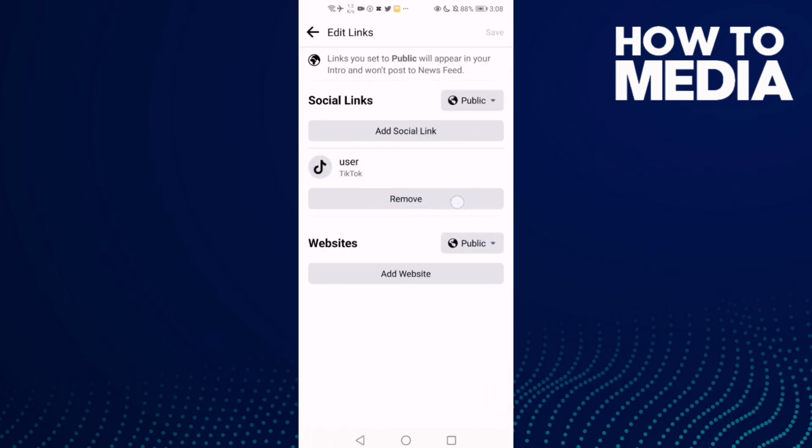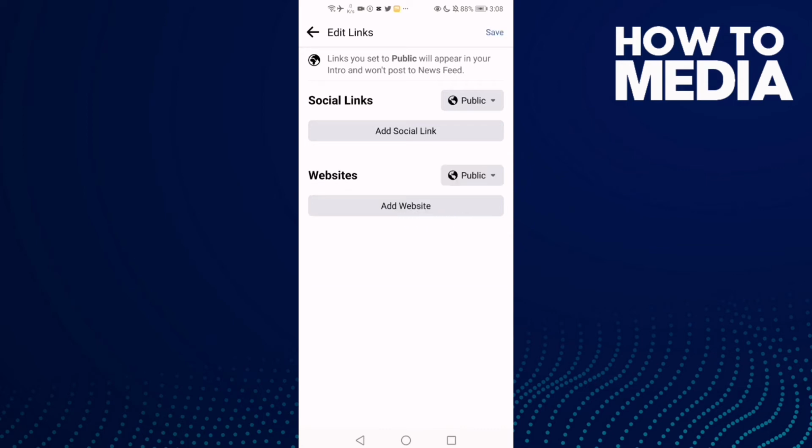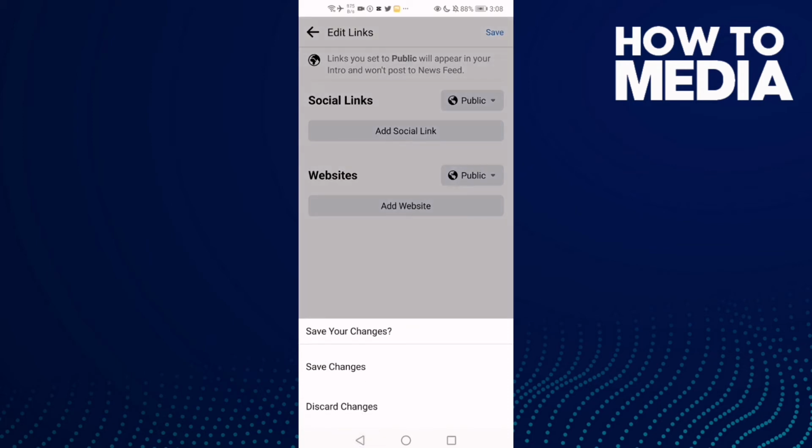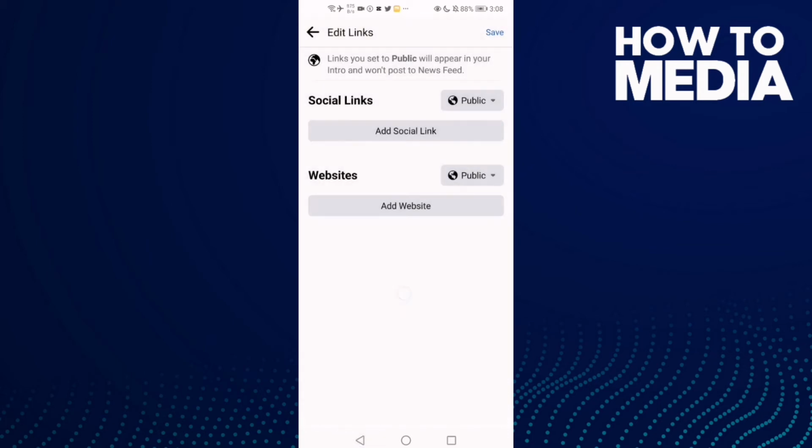and then go to your TikTok and you will find remove. Just click on it, and as you see, now your TikTok has been removed, and then just click save,